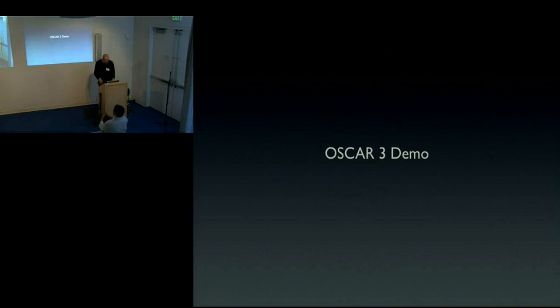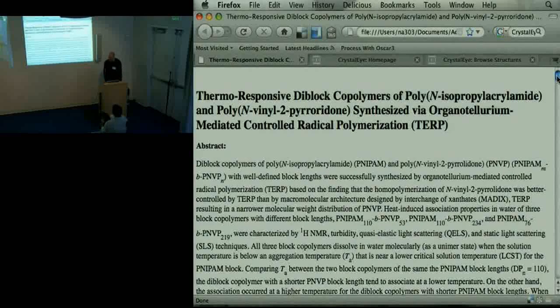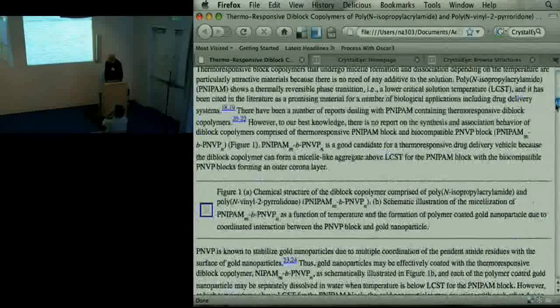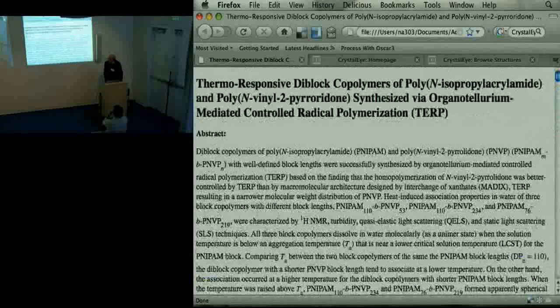Now, I wanted to give you a quick demo of what Oscar actually looks like, if our AV system doesn't scupper us right now. Here we go. So here is a typical scientific paper, as you would read it in any journal. As it gets published on the web by STM publishers, the only thing that we've done is we've taken all of the graphical guff out that the publishers usually put in. You see, it contains a number of chemical entities. It contains data. It contains all the usual things that you'd expect in a scientific paper: introductions, experimentals, and so on. And we can now actually ask Oscar to parse this thing,